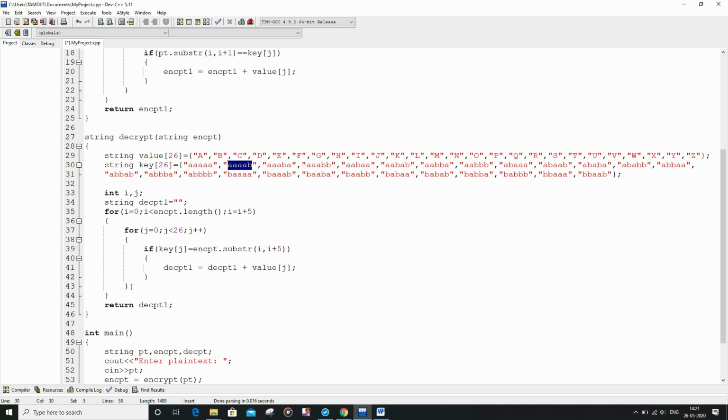So basically we are going to get back the plain text, and finally after all the computation, we are going to print the decrypt string.